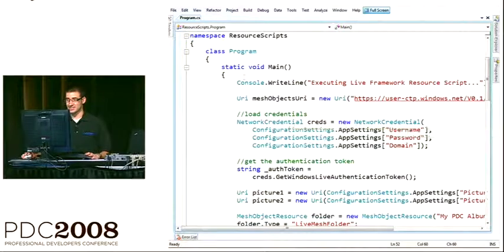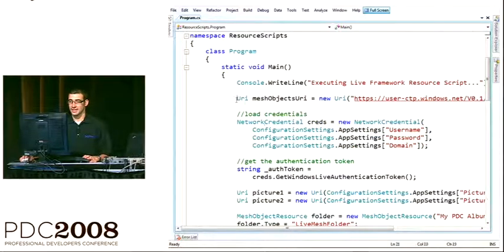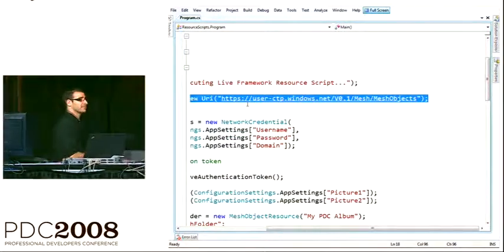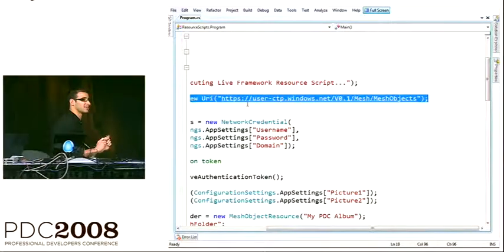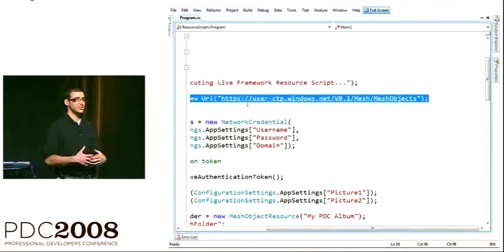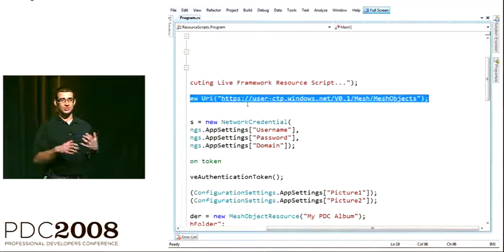All right, let's take a look at this very basic resource script example. Again, I'm going to load my resources from file. This is an interesting URI. There are very, very few URIs in the Live Framework that you should, quote unquote, depend on. You can depend on the endpoint, and everything else you should not hand generate. The resource model will tell you where those URIs are. It allows us to do